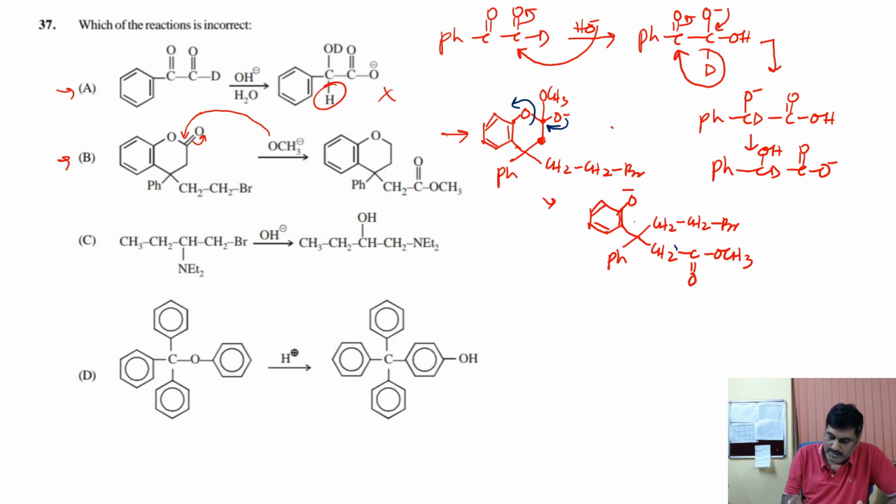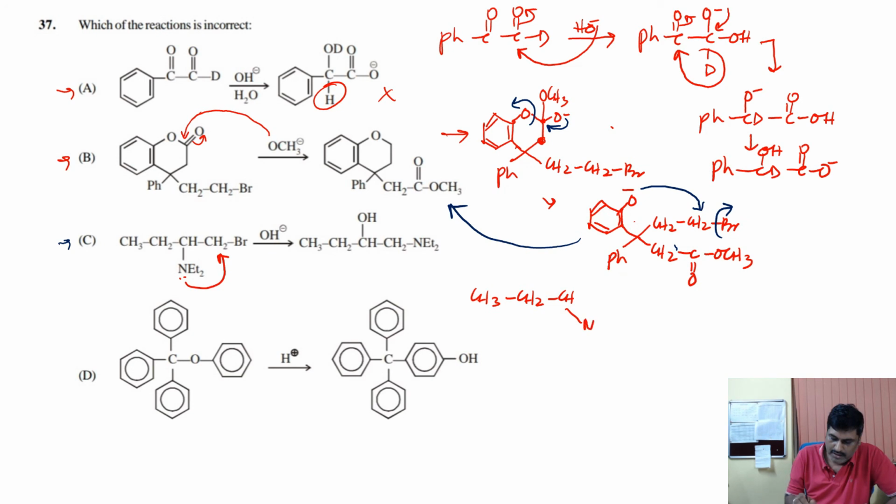And now this O minus is attacking on this one, displacing this Br. This is the intramolecular reaction, right? And so with this one you are getting finally this as the final product, right? So this is correct, and very interesting also. Now what about this option C? In option C, you see what is there? First an intermolecular reaction takes place. It's not the HO minus which substitutes. So this NEt2 will attack here, and you will get one of the intermediates of this kind, CH3, CH2,